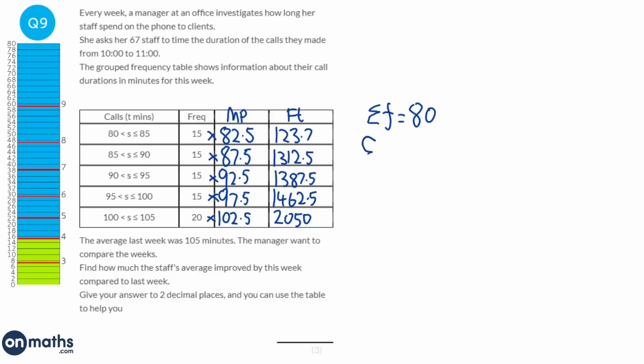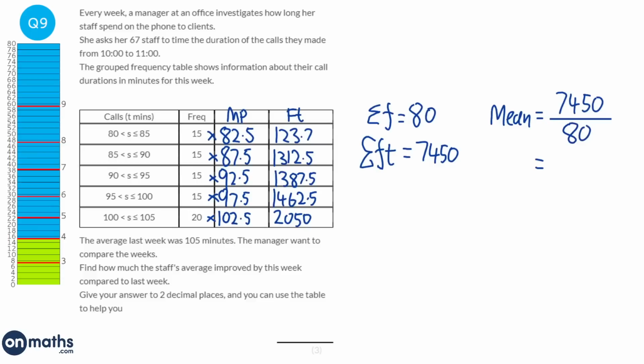And we have the sum of the FT. And so we're going to just add this column up here. And so that would be 7,450. So what this column represents is all the numbers added up together. This column represents how many numbers we have. So to find the mean, it's all of the numbers added together, which will be 7,450, over the amount of numbers we have, which is 80. So when you do that, we get